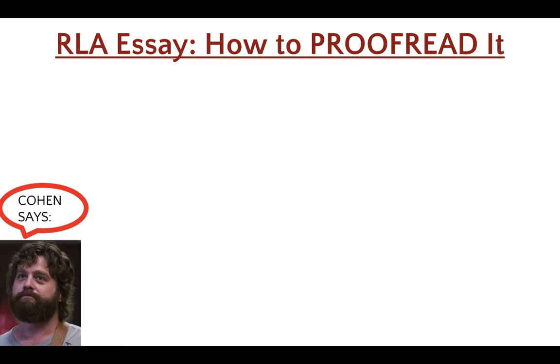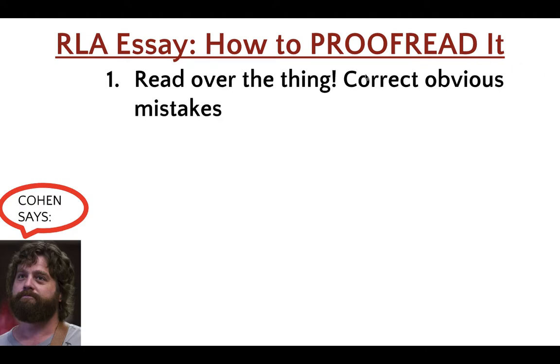So first, let's talk about the easier one, proofreading. This is sort of obvious, but I need to say it anyway. The GED suggests you take 4 to 5 minutes at the end of the essay to read it over, and you should do that because even if you're not really intentional about it, you're still going to spot some mistakes that you made, some obvious ones, and that will only happen if you take the 4 or 5 minutes to